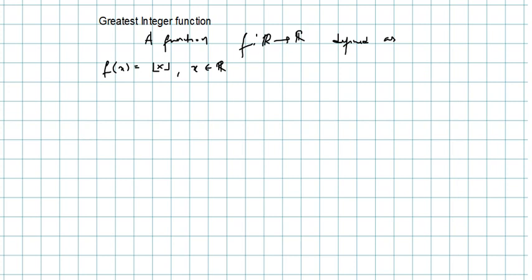We'll say a function f from real to real defined as f of x equals to x, x element of real numbers, has values